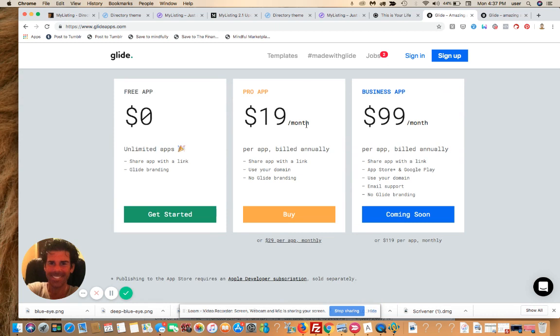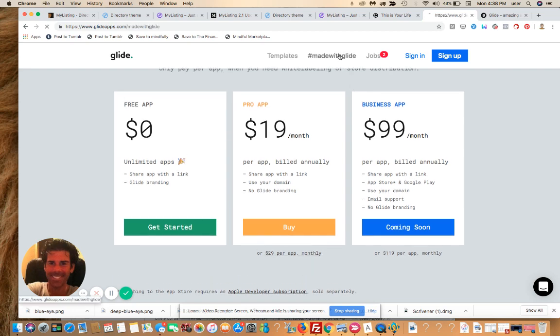That is less than the cost of managed WordPress hosting, which you really need to run a directory using any theme or framework, in my view, anyway. Or you can have a complete business app, which is white label to you on your own domain, on the App Store and Google Play, all kinds of other cool stuff, really in an easy, elegant, and quite impressive way using Glide. Here's the Made with Glide,